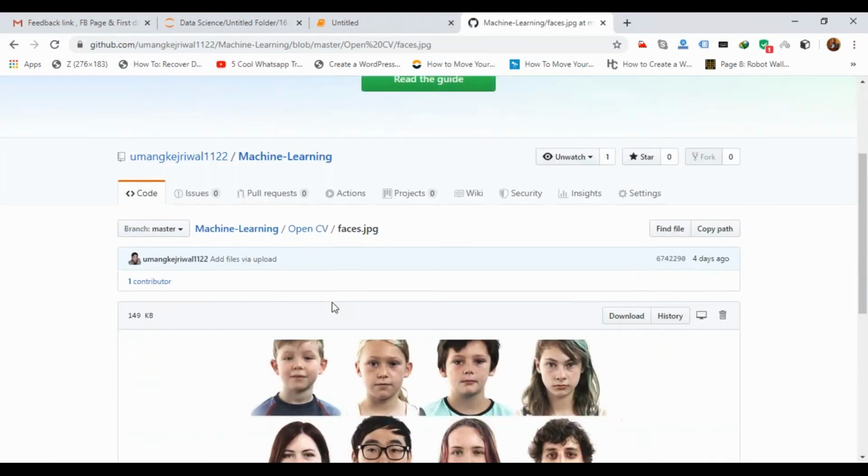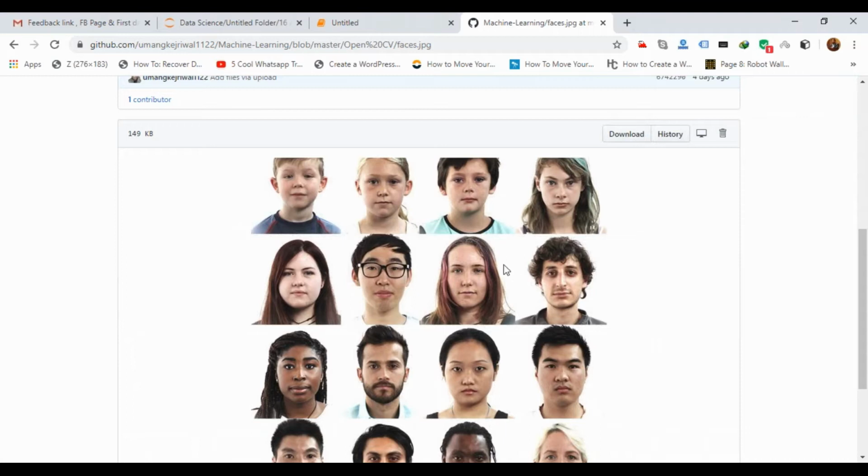We are going to use this image. I will pass this image to my system, and it will detect the faces in this image and draw a rectangle or square on them, like this. When you open the camera on your phone, you must have noticed that you sometimes see the same thing. That is what we are going to do now.